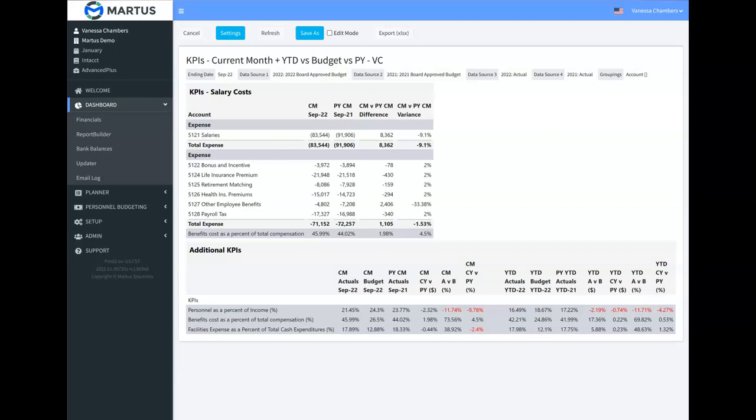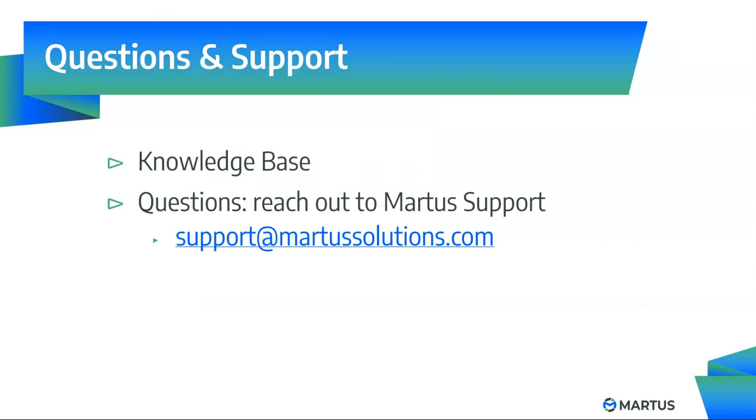This complex report illustrates a few of the things that you can do with Martus Report Builder. For more information, check out our knowledge base. And if you have questions, reach out to Martus Support with the email